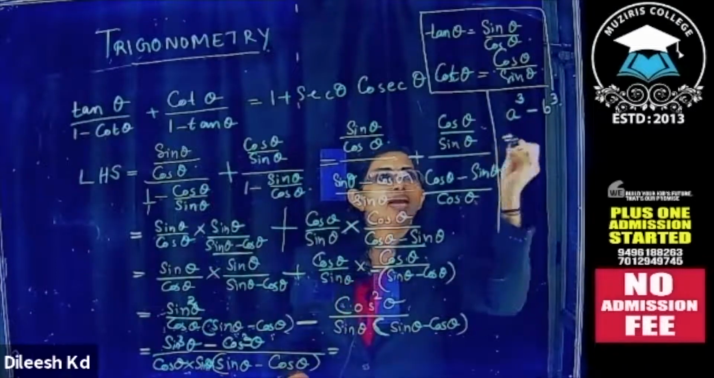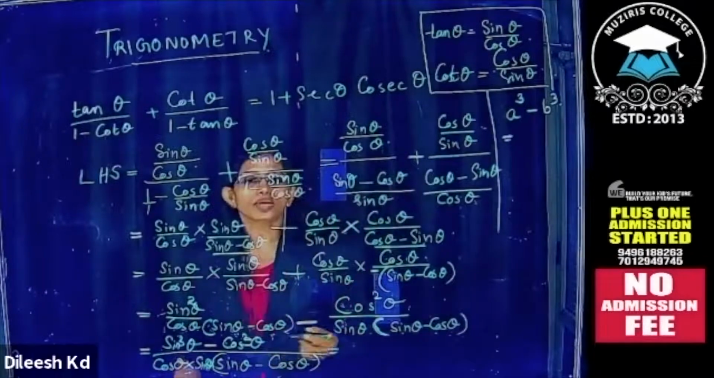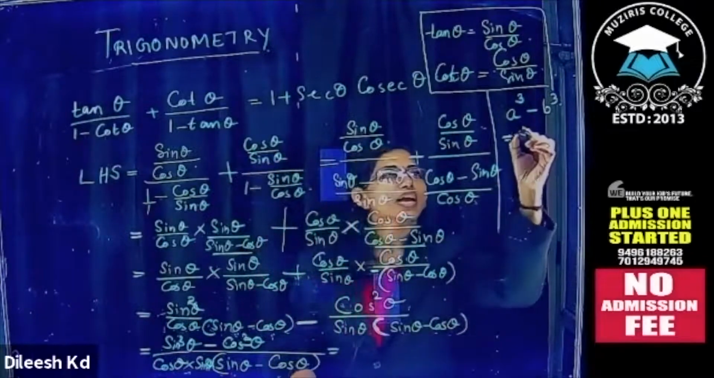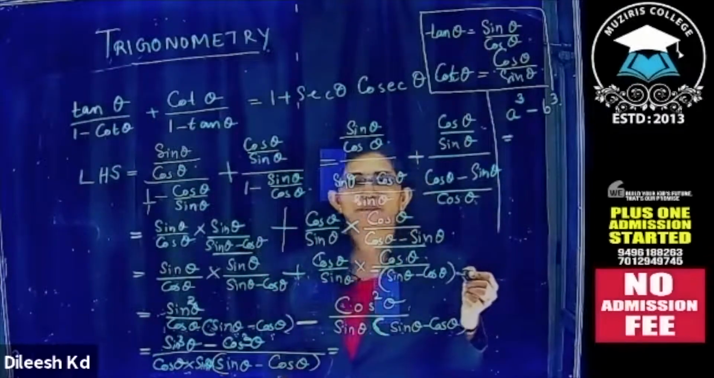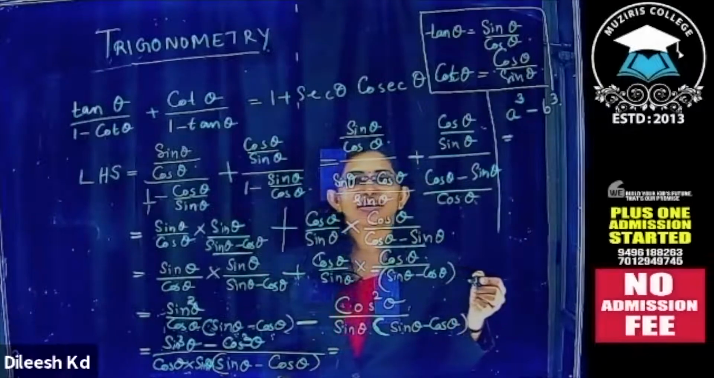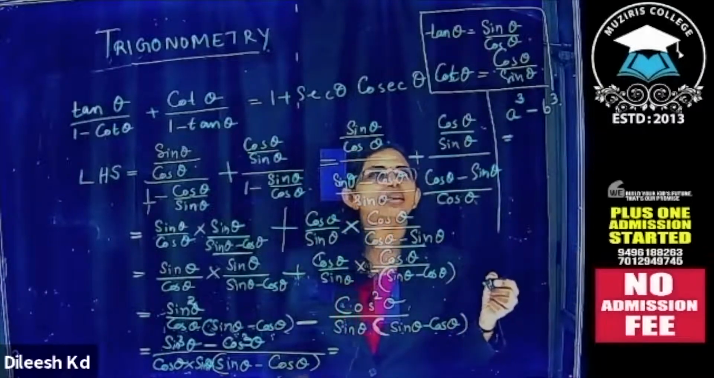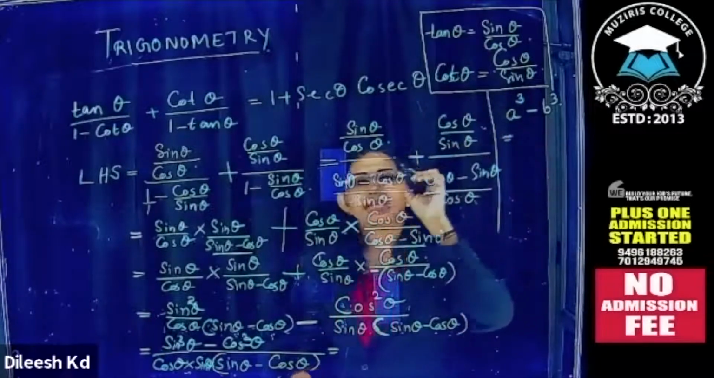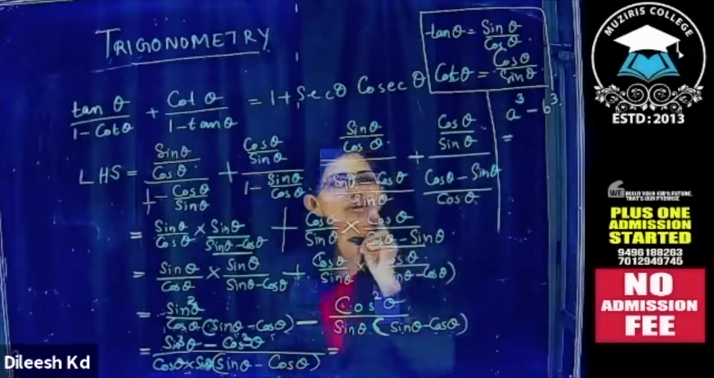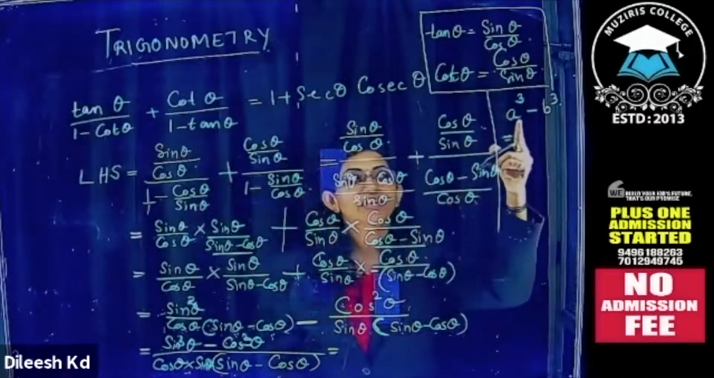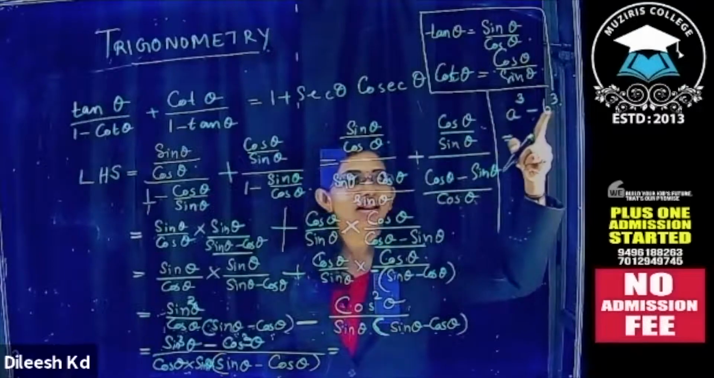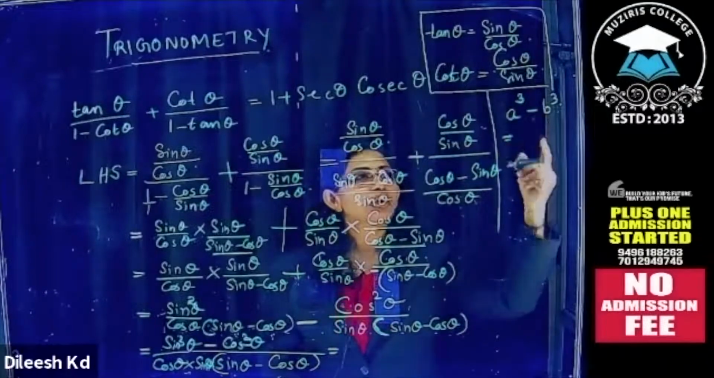Then please tell, what is a cube minus b cube? A plus b into a square plus b square minus ab. Yeah, but see, there is a small mistake. A plus b into, see, here we have a cube minus b cube, right? It is minus. So therefore our first